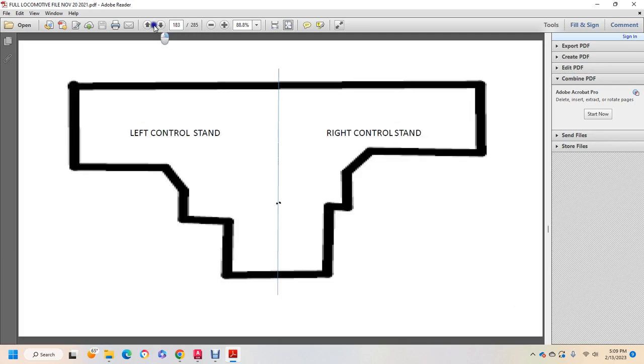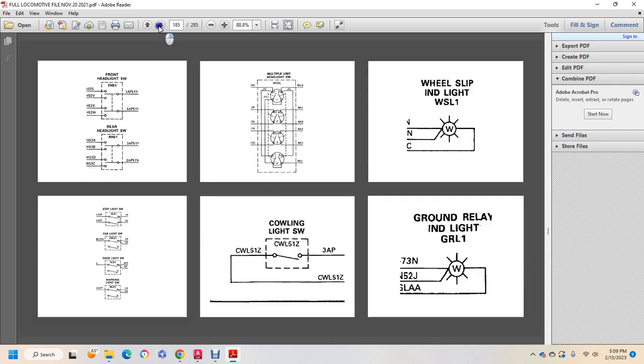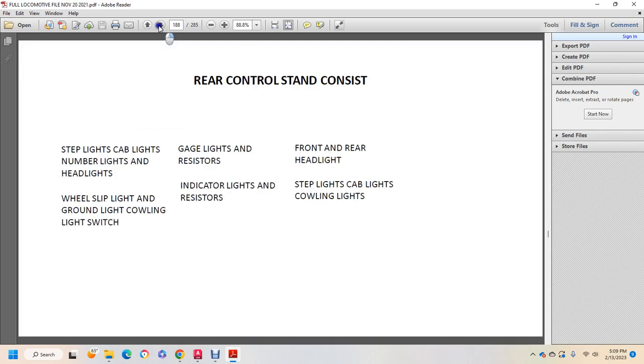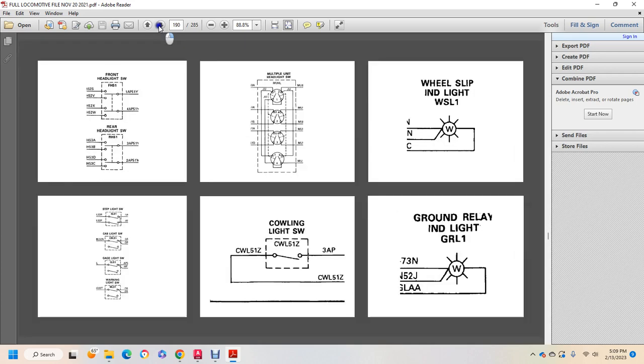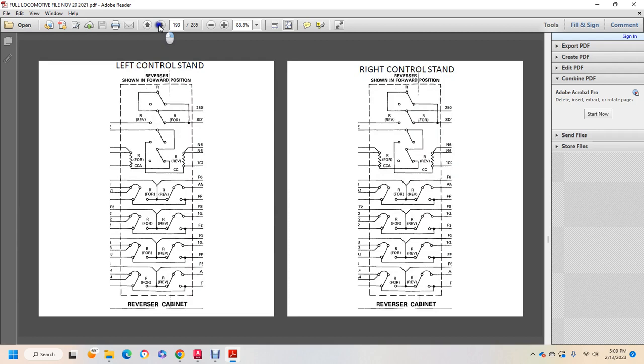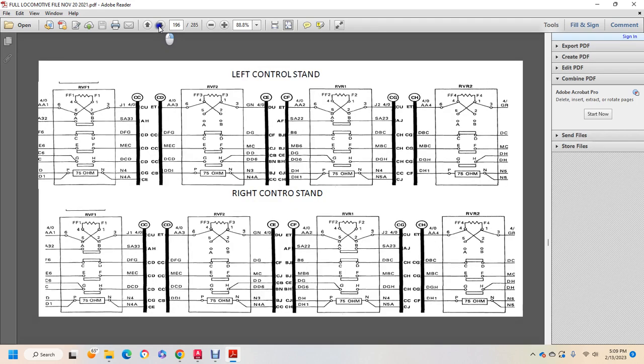And we've had number and lights, ground, switching, headlights, rear control stand, headlights, gauge lights, headlights, left control stand, reverser position, right control stand, master control, or left control stand,